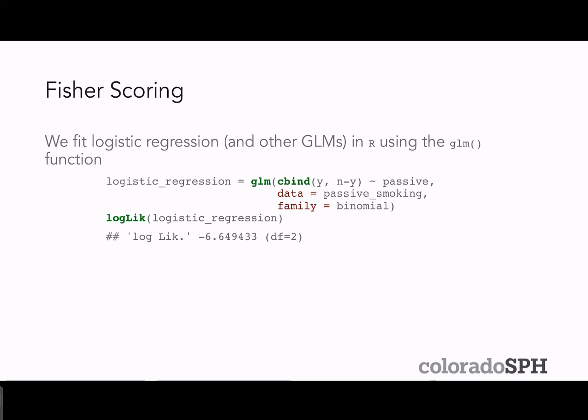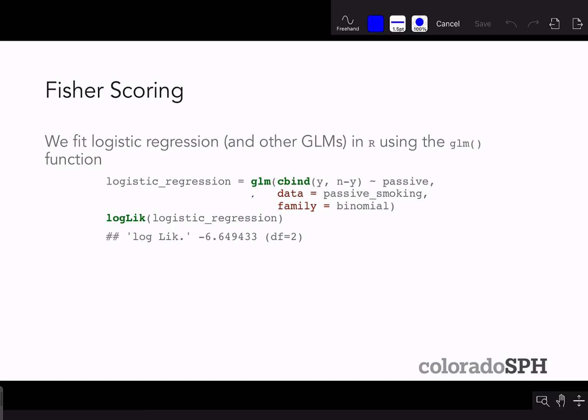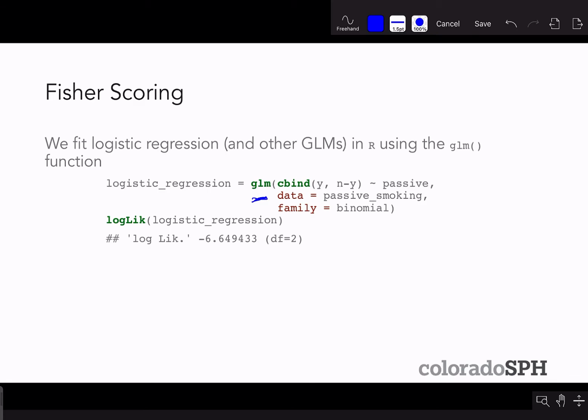So in R, we fit the logistic regression and other GLMs using the glm function. And so glm's default calculation for the MLE of your coefficients is Fisher scoring. So this will give you the Fisher scoring estimate. This is one way of running a logistic regression in R, and I'm going to go through more modeling details at a later lecture, but basically we're modeling,